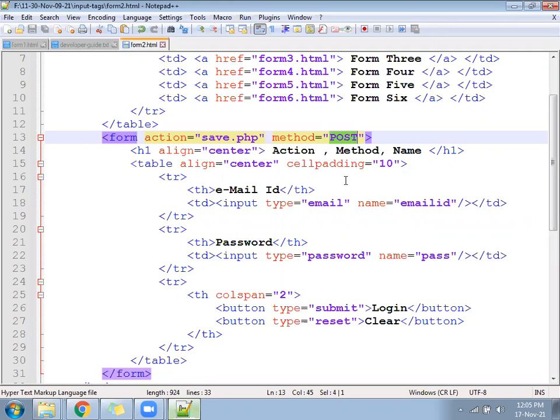Public data, no need to make a post. When you buy something online, what do we do? We enter secure data, so there is no need for the get method. When you go to Flipkart and search for something, what do we search? Not private data, we search public data only, that is called get. But when we buy something on Flipkart, we enter our private data, that is called a post.